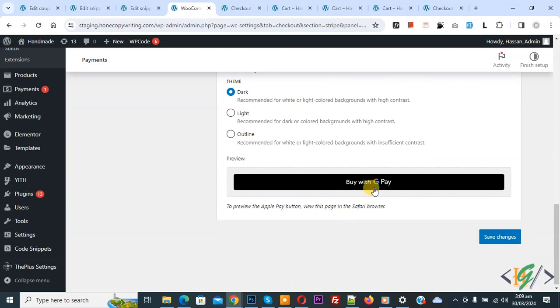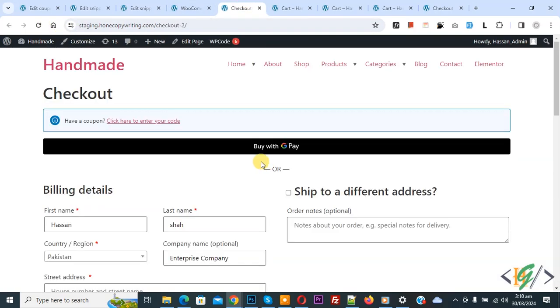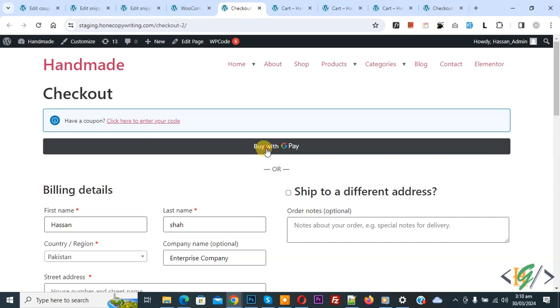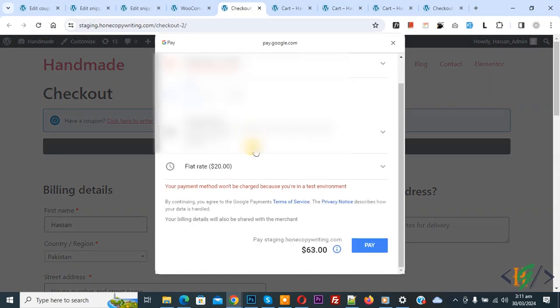Now go to checkout page, refresh the page. Now you see buy with Google Pay and plugin show this button according to our configuration, so click on it. Now you see all detail, also you see total amount, and then you see pay